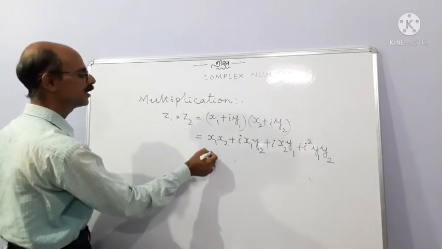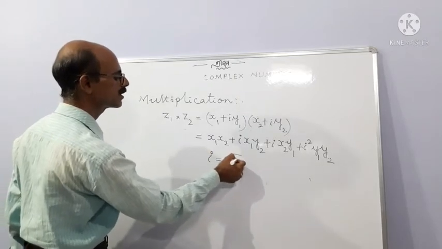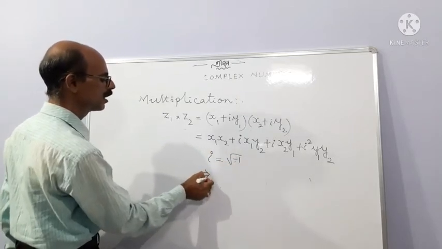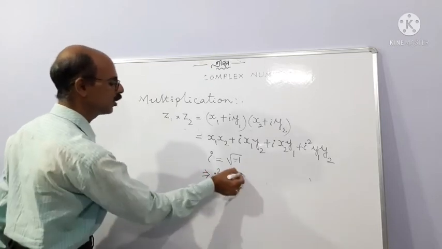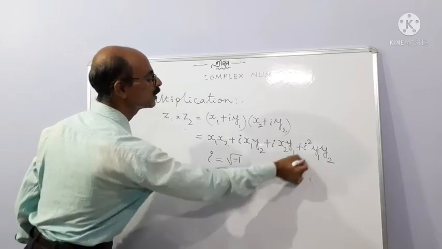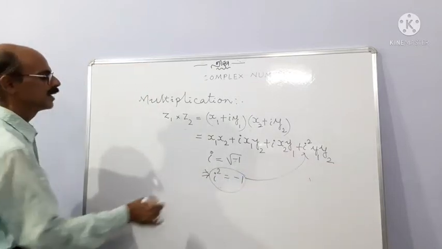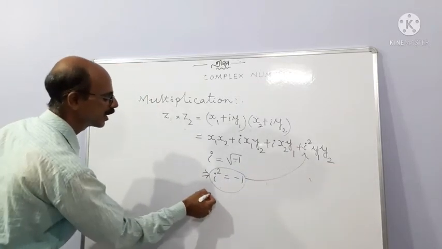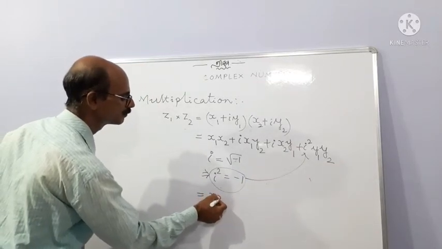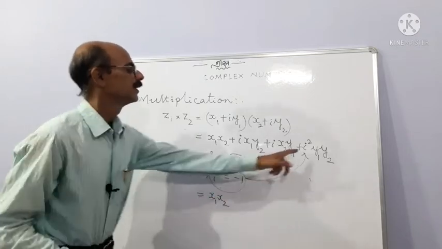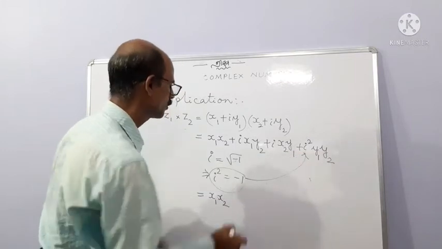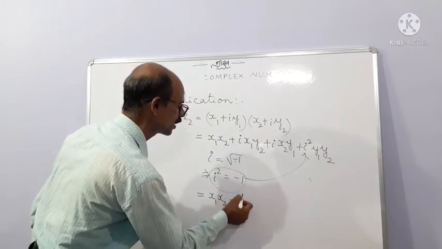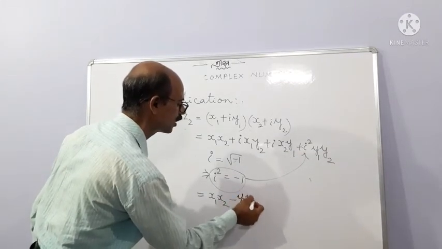But our i is how much? Root over of minus 1. This implies i square will be equal to minus 1. Now use this i square is equal to minus 1 here, and we will obtain x1 x2. Here if we use minus 1, then it will be minus y1 y2. So x1 x2 minus y1 y2,